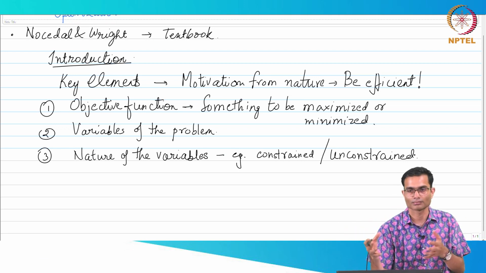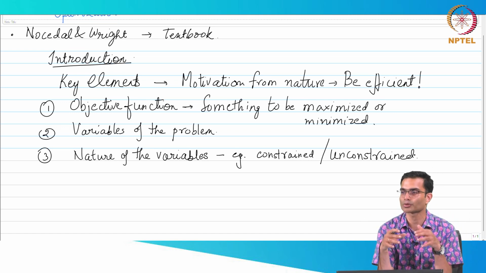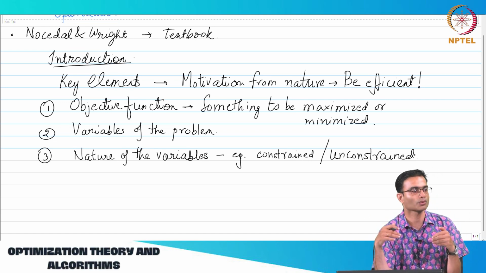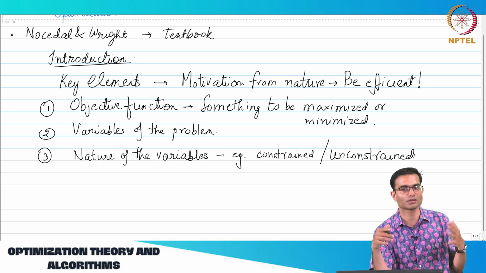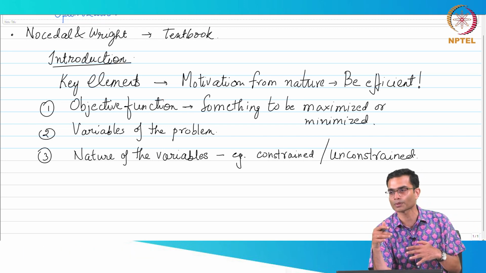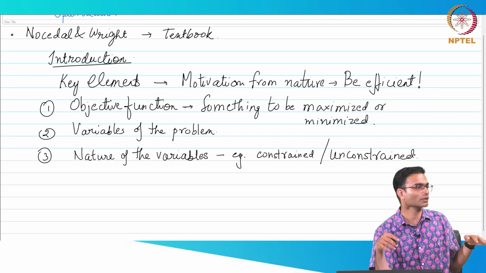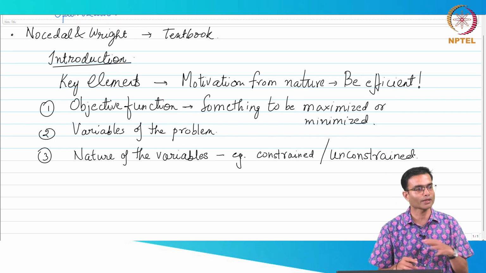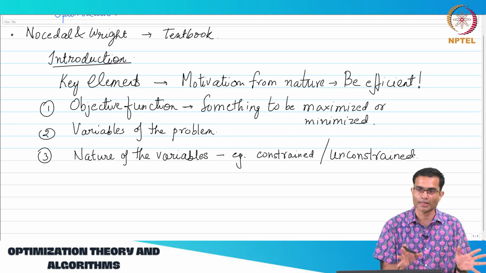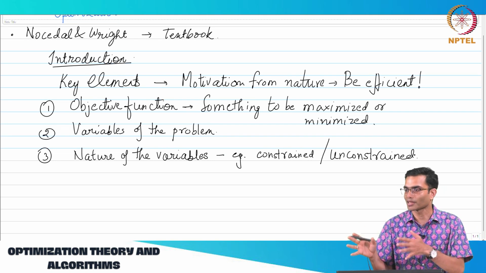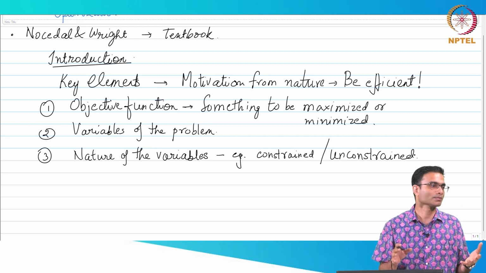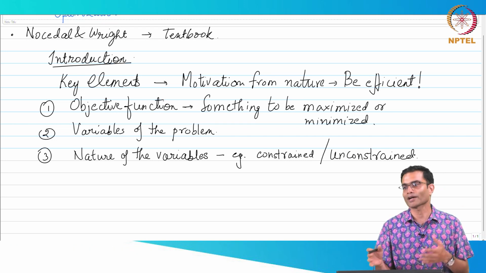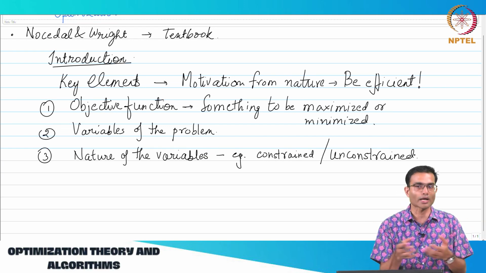So constraints are important. In fact, they are so important that the second half of the course is going to be devoted to only constraint optimization. The first half is the sort of easier part, which is unconstrained optimization. There are no restrictions on the variables of the problem, they can take any value. Once we get used to that, then we'll move to the framework of constraint optimization. Okay. Turns out most engineering problems are constraint optimization problems. I have, for example, these sensor nodes or IoT nodes.